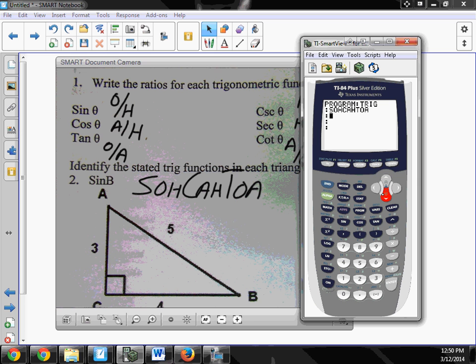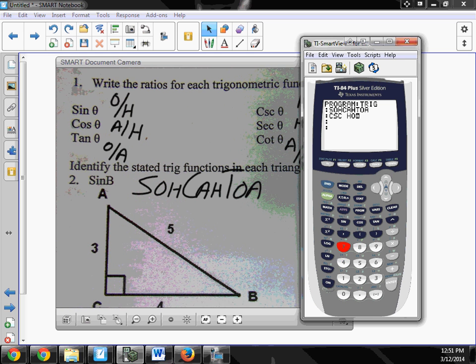So down here, I'm going to write alpha lock CSC, and then I could push this button, which is a space, and I could write H, O. Okay, so SOHCAHTOA, that has everything I need there, and I have cosecant is H over O,